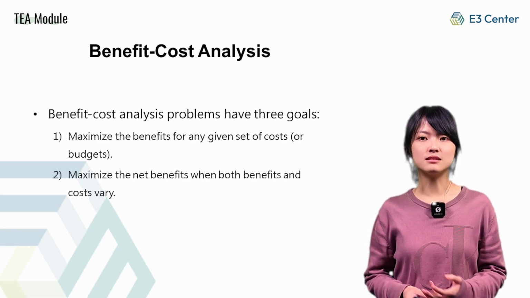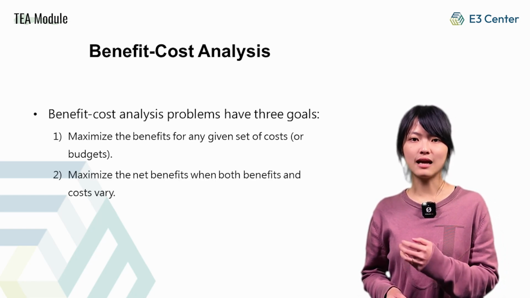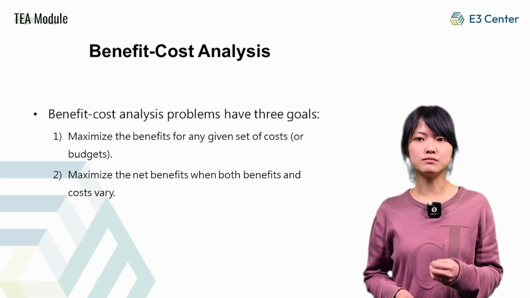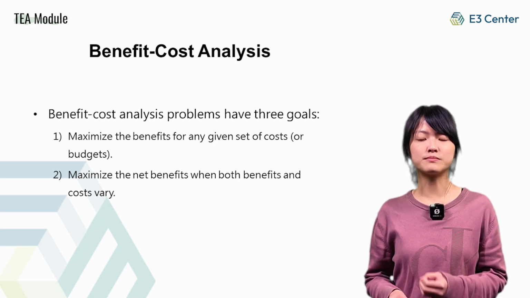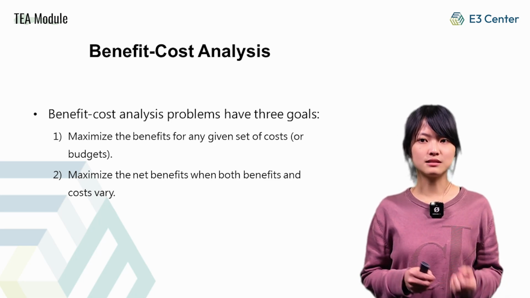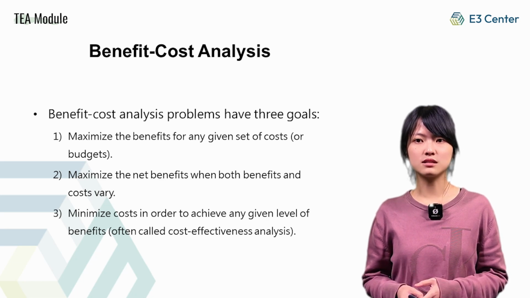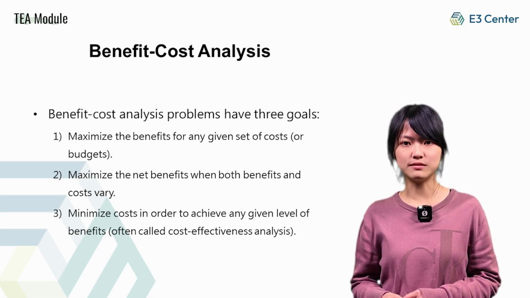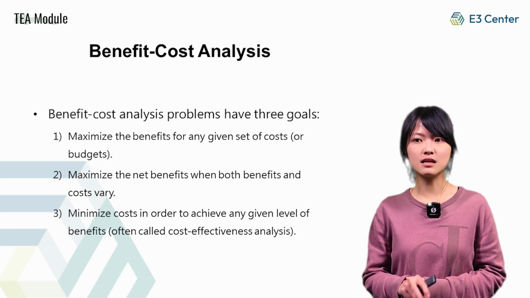The second, maximizing net benefit. When both benefits and cost can vary, the objective shifts to maximizing net benefit, which is the difference between the total benefit and the total cost. The third, minimizing cost. For the predetermined level of desired benefit, the aim is to minimize the cost, enhancing cost